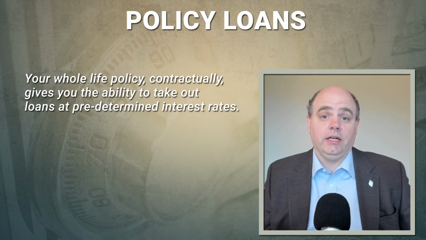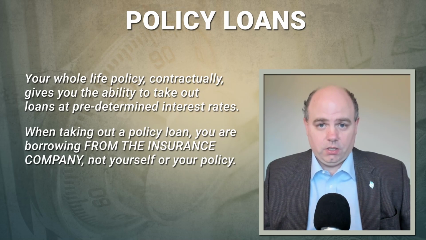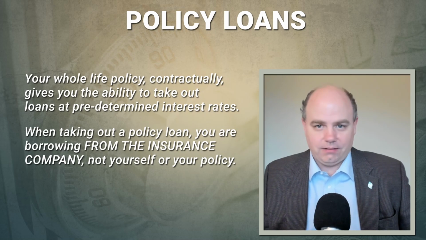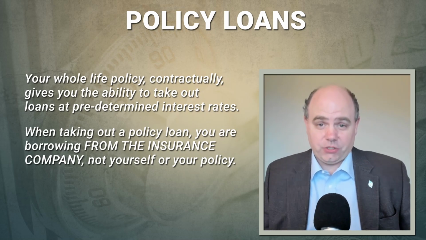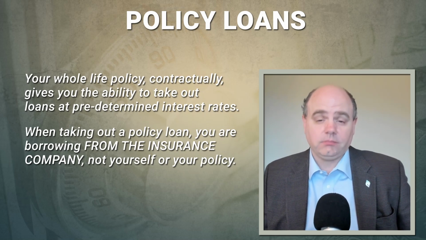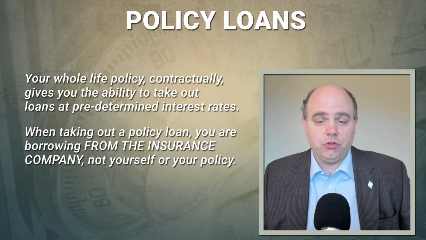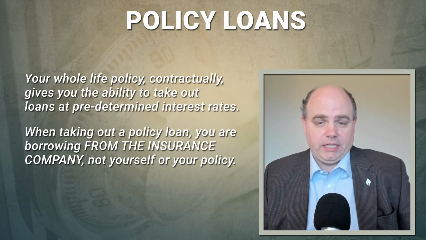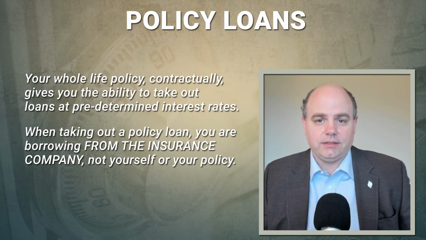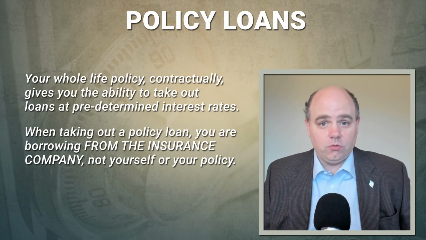Now, I want to be crystal clear here. When you take out a policy loan, you are borrowing money from the life insurance company. It's not your money that you're borrowing from yourself, and you're not taking money out of your policy. What actually happens is the life insurance company is using some of its money that it might have otherwise used to go buy bonds, let's say. Instead of buying some other asset with the money coming into its coffers that month, you request a policy loan, and so they make a loan to you.